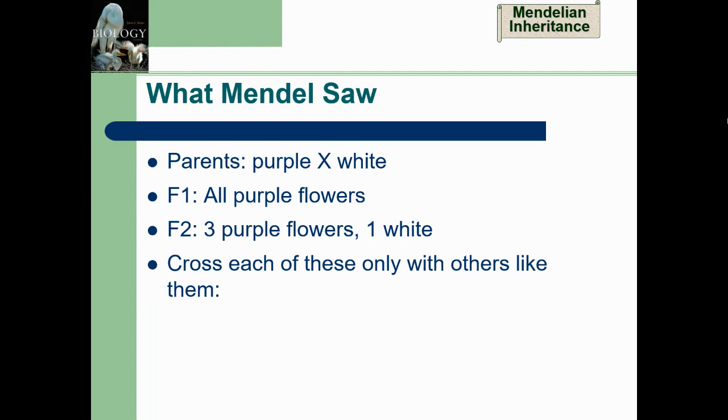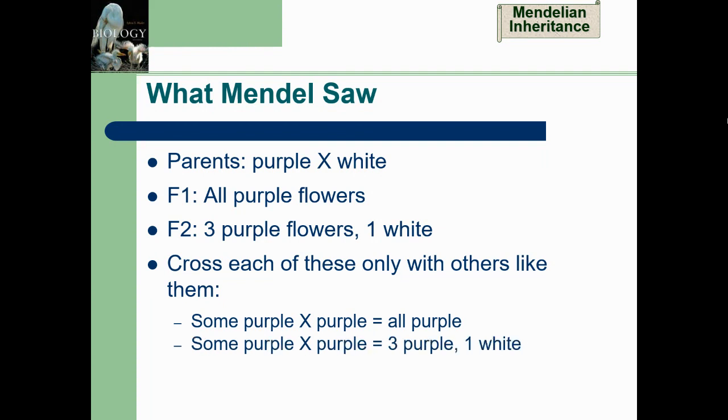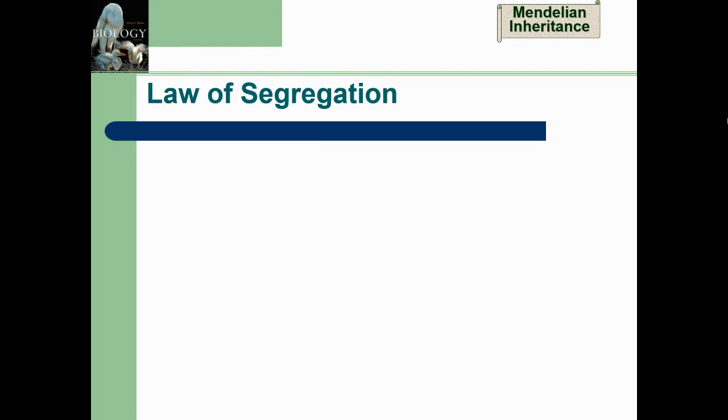If he crossed any of these F2s with any other F2, it appeared fairly random. Sometimes purple times purple gave all purple. Sometimes purple times purple gave 3 purple and 1 white. But all white times all white always gave white. Purple never showed up when we crossed 2 of the white flowers. From this,